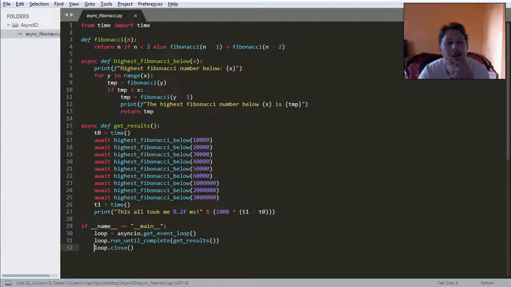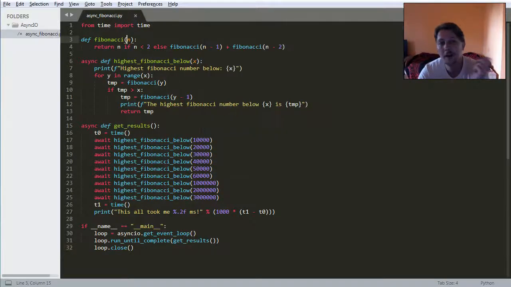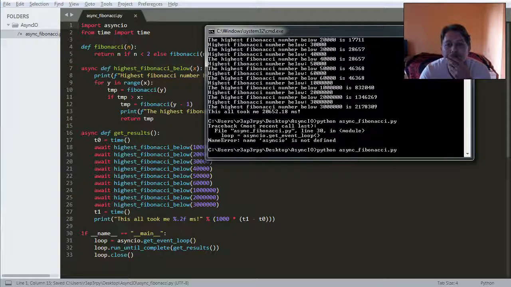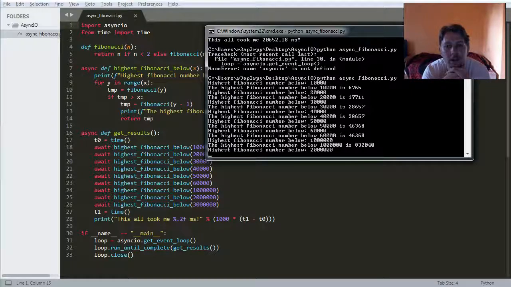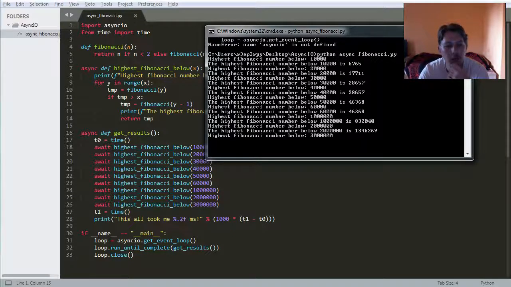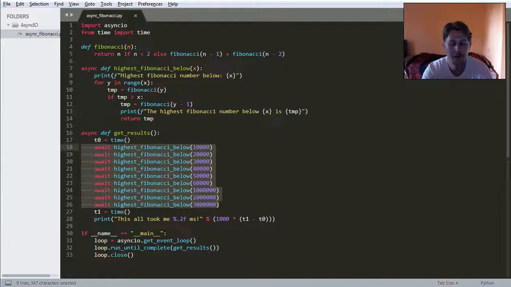But if we change it, now it means that we have partially used this asyncio. But in order to use it, first we must import asyncio. And for some reason it is still running in the specified order. So what we can do here is replace this await part